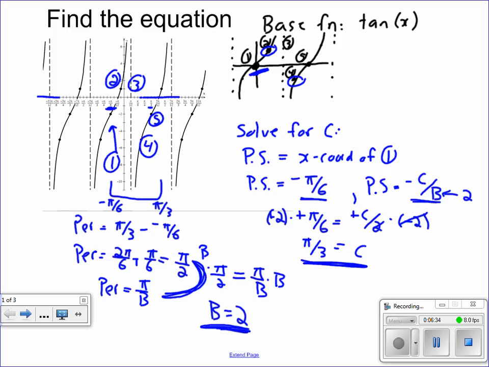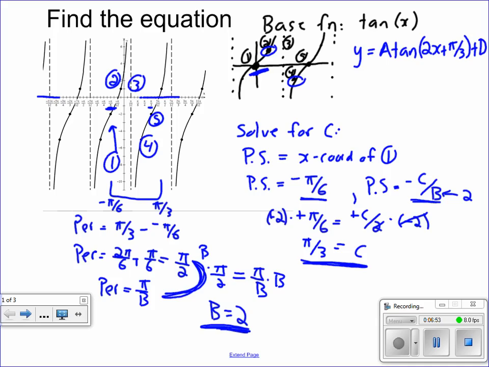So we've now solved for c and b. So our equation, let's put that up here: y equals a times tangent of b, which was 2, 2x, plus c, which is pi over 3,